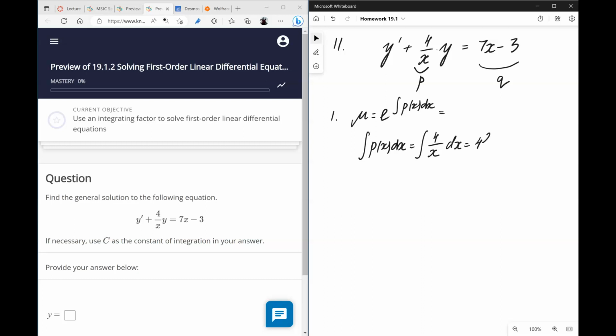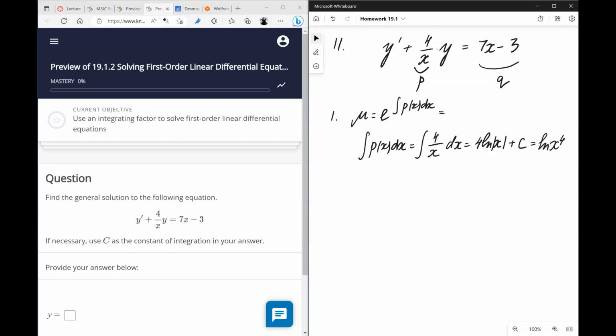So it's 4 ln absolute value of x plus c, and we can assume c is equal to 0 here, and the whole thing will be equal to ln of x to the power 4,